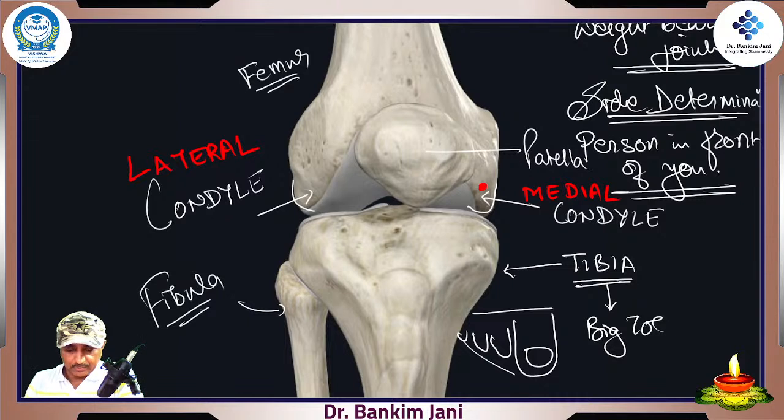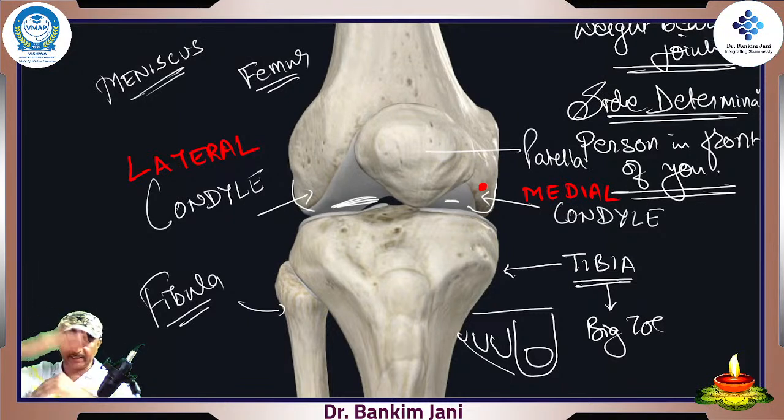Right? So remember this part. As we'll be going into depth, you'll find that they are called the meniscus, lateral and medial meniscus, right? And these are the meniscus which are actually acting like a cushion. But when the muscles are powerful, these powerful muscles will be holding the thigh, hamstrings, and at the same time strong calf muscles will be holding this knee joint very properly, and that is what gives endurance and the